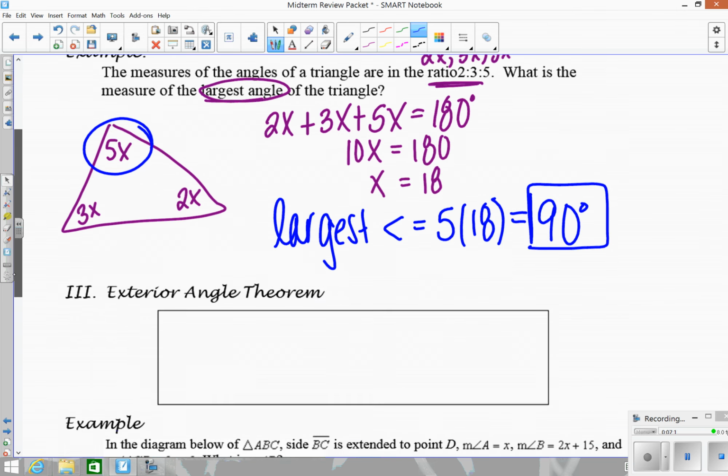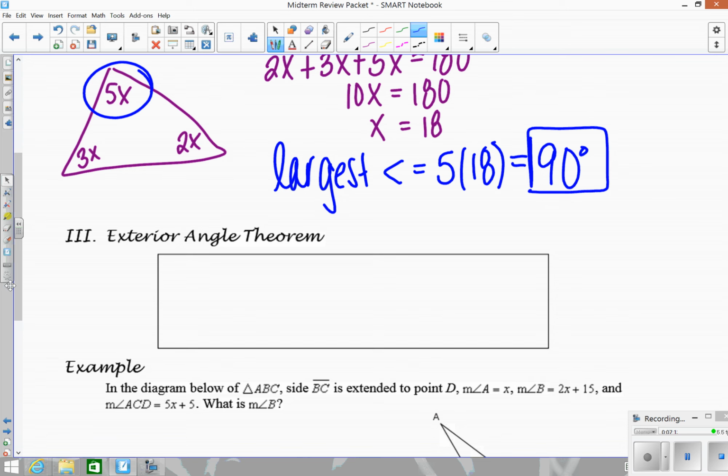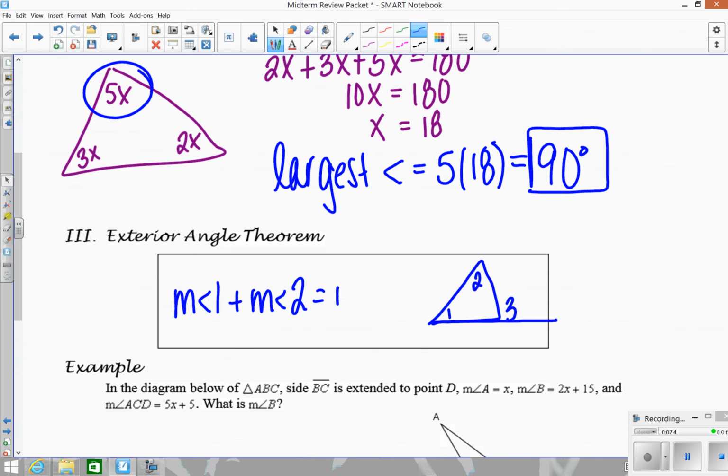The next theorem dealing with angles in a triangle is the exterior angle theorem. So to show you what this is, we come up with this picture where we extend one of the angles in a triangle. So if I have a triangle, this angle on the outside is the exterior angle. And the rule is that the two non-adjacent angles have to add up to equal this outside angle. So that means the measure of angle 1 plus the measure of angle 2 must equal the measure of this